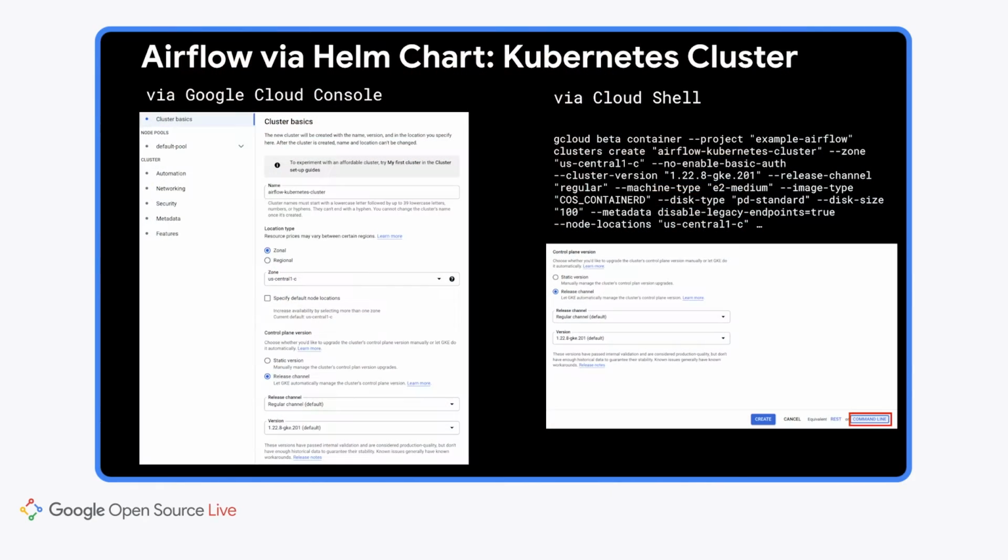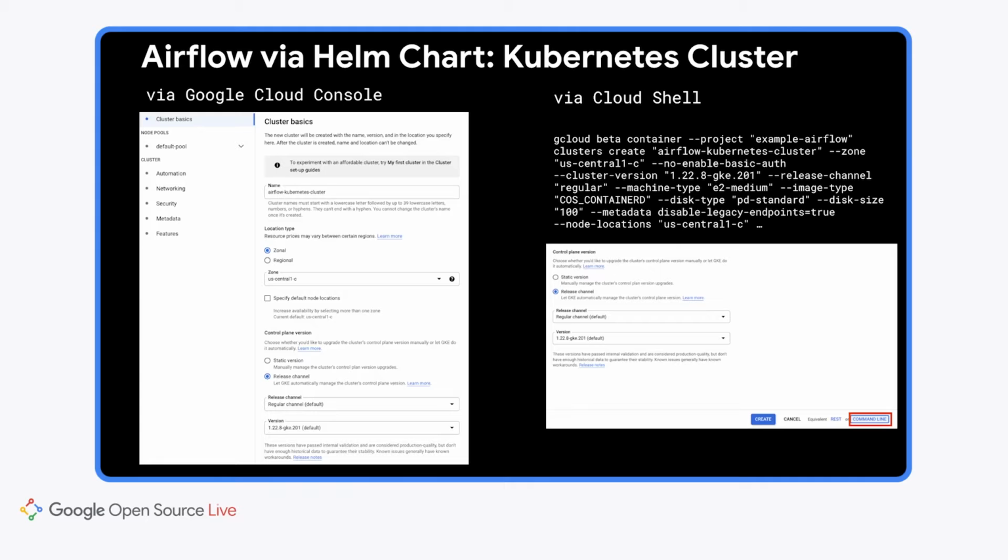So first of all, we need to have a Kubernetes cluster. For example, in the case of Google Cloud Platform, you can navigate to Google Cloud Console, which is a user interface that you can use to create resources in Google Cloud Platform. With very few steps, using the user interface, you can create a cluster.